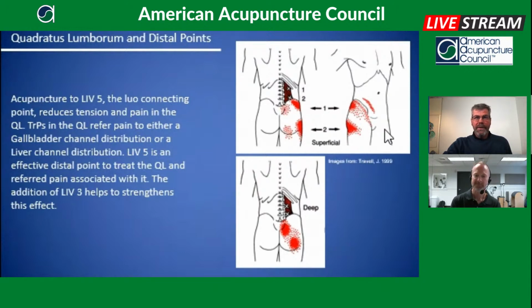Because the other one looks like it's kind of close to multifidi almost. Or yeah, so